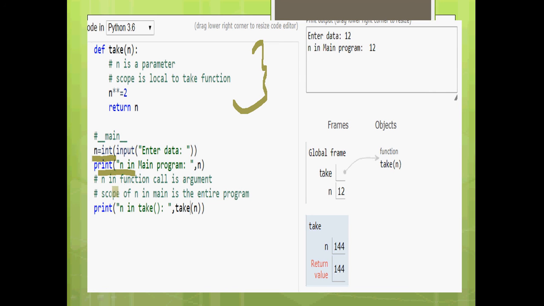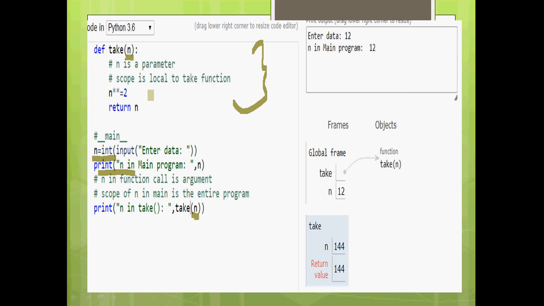Now again, n is used to call the function, and it becomes the argument. The value passed to the function is called the argument. The value received by the function is called the parameter. But an interesting thing is that the value received is also named n, not another variable.